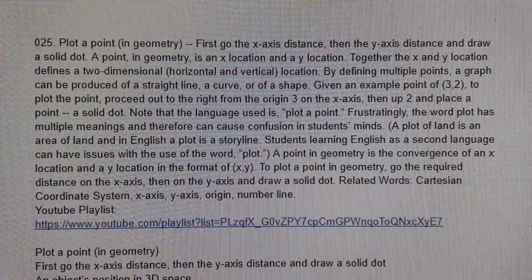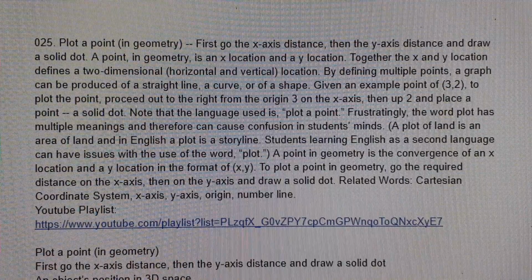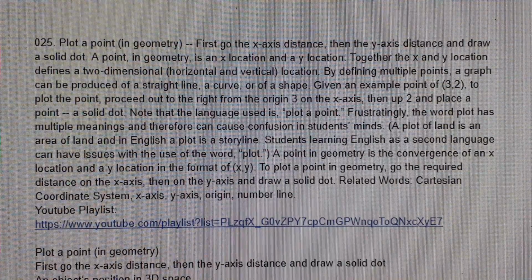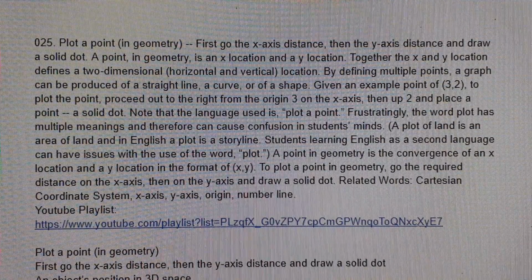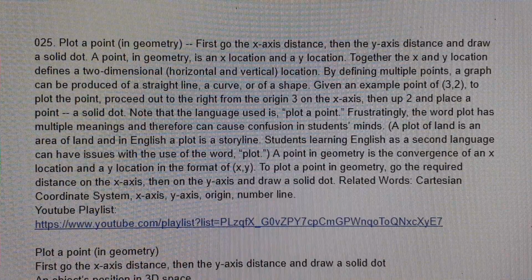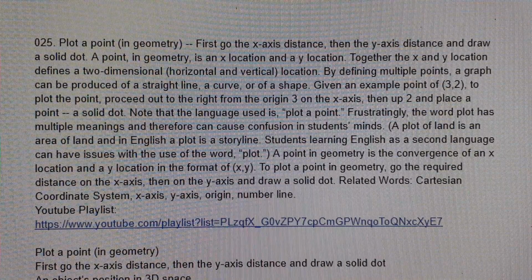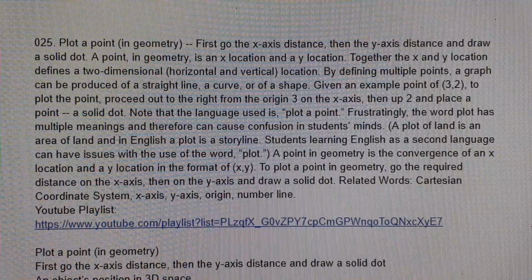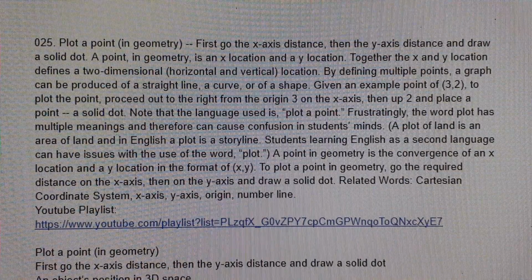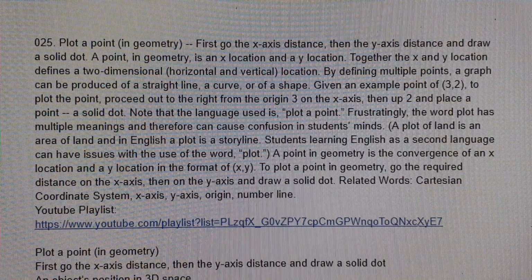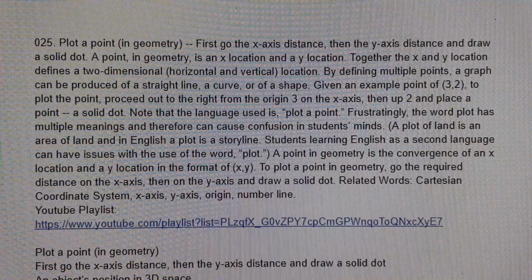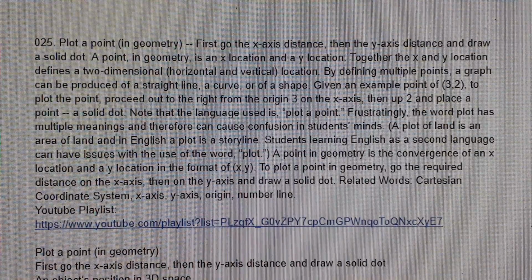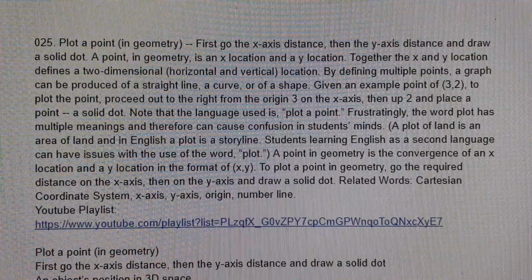Note that the language used is "plot a point." Frustratingly, the word plot has multiple meanings and therefore can cause confusion in students' minds. (A plot of land is an area of land, and in English, a plot is a storyline.) Students learning English as a second language can have issues with the use of the word "plot"